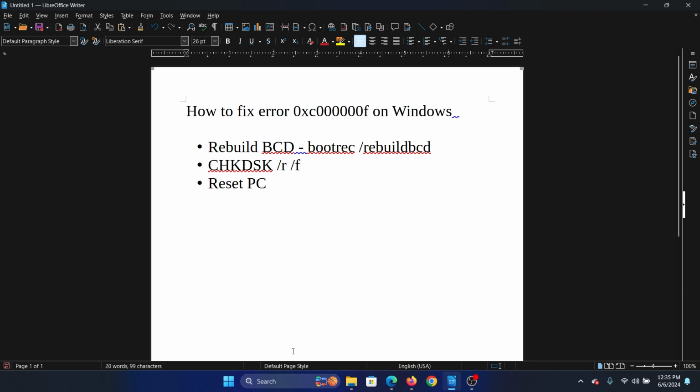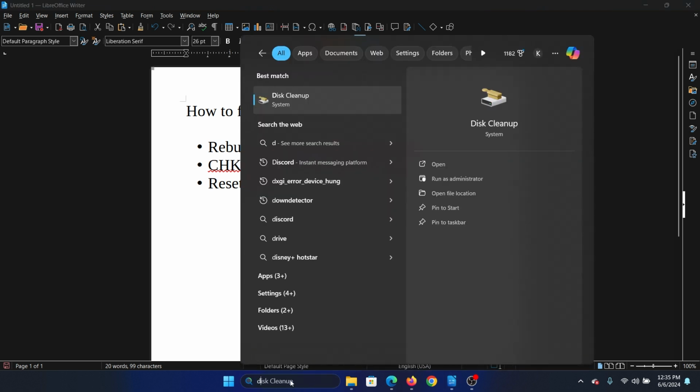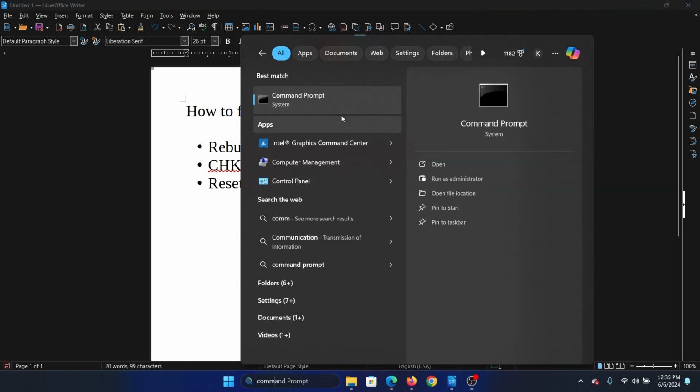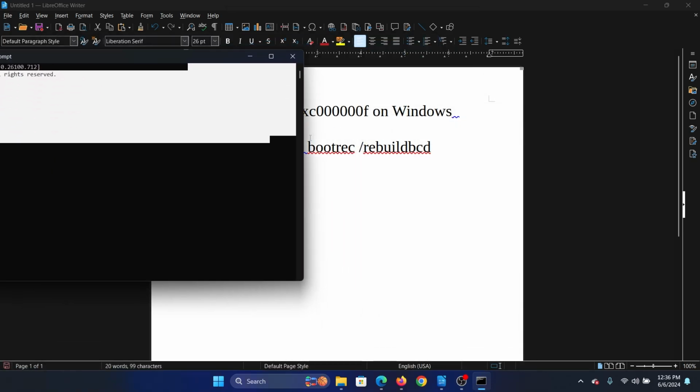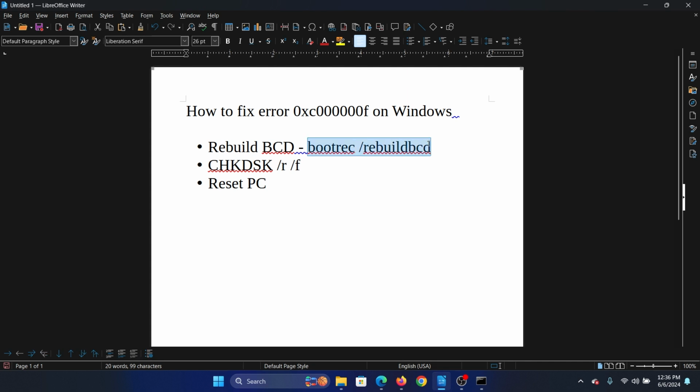The first solution is to rebuild BCD, so search for command prompt in the Windows search bar and click on Run as Administrator and type this command here, which is bootrec /rebuildbcd